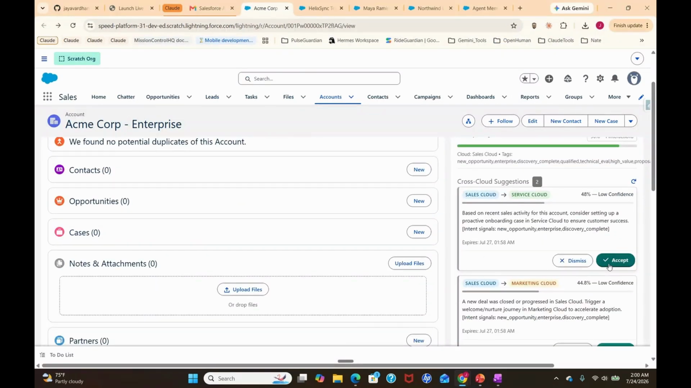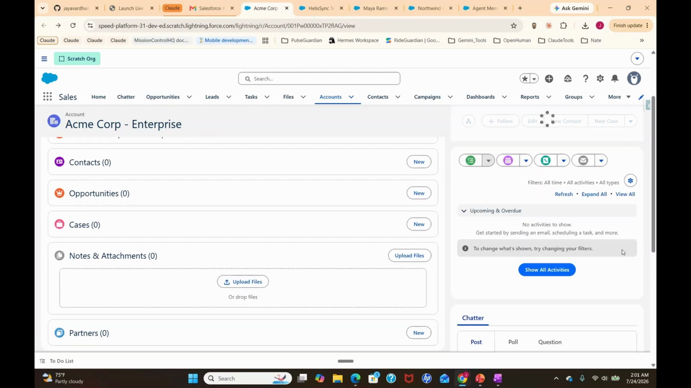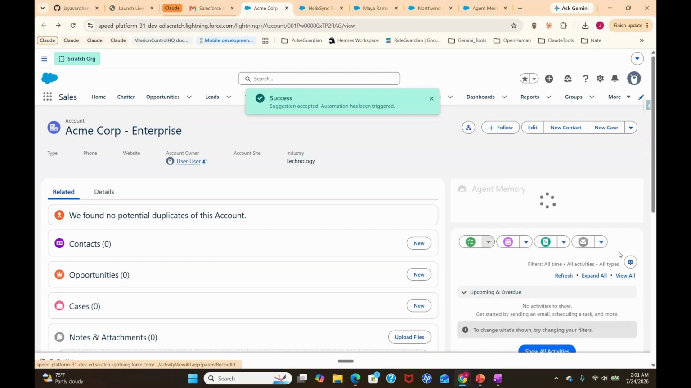And it now shows system entries for sales and service, and sales and marketing, to start the adoption journey. So this is the handoff that always falls through the cracks. So let me go ahead and accept both the cross cloud suggestions. First, I accepted the service one,